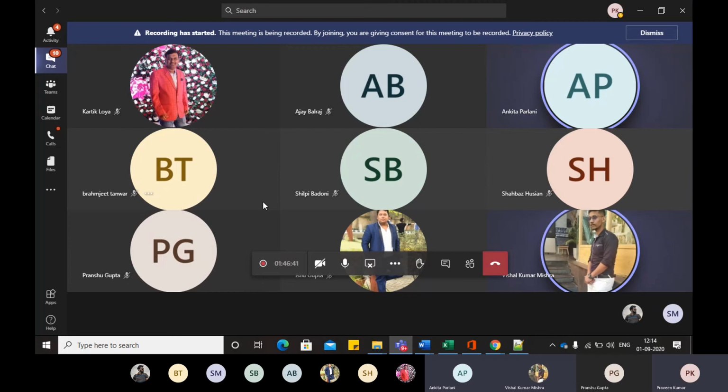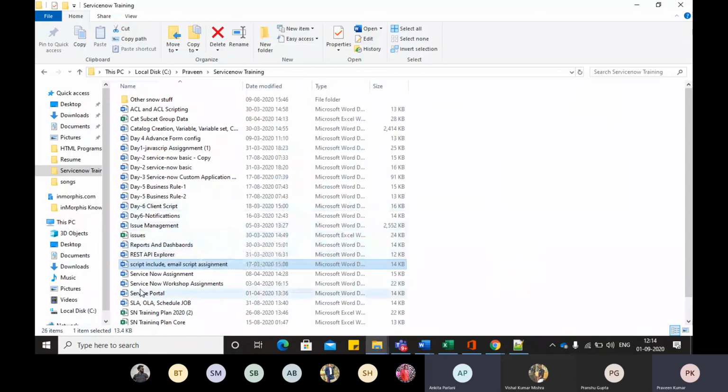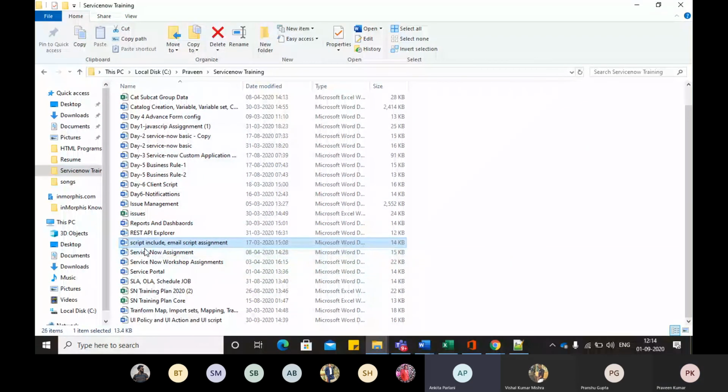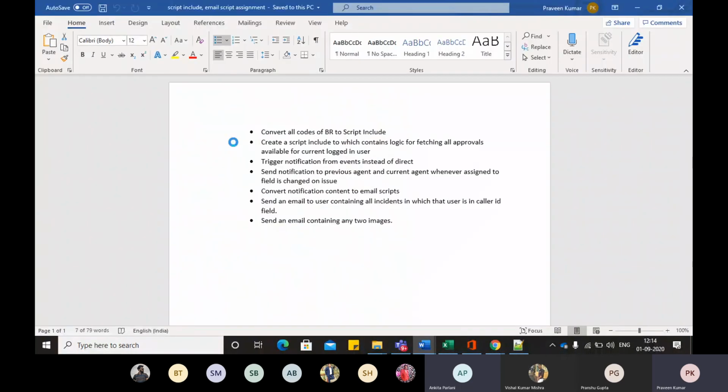We hope so. Praveen, I'm having one more doubt. Yes, Ankita. In the service catalog assignment, we have a question: below variable should be mandatory. In the catalog creation variable, yes, this one.